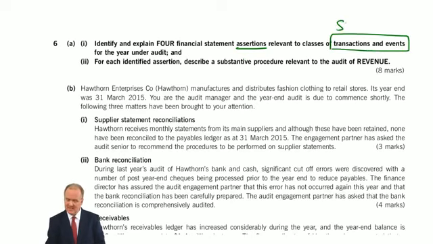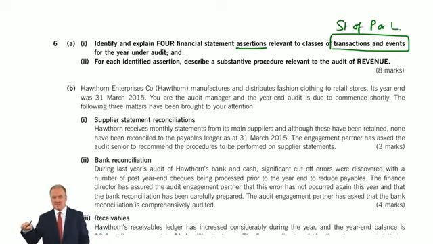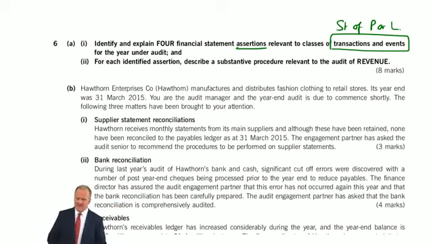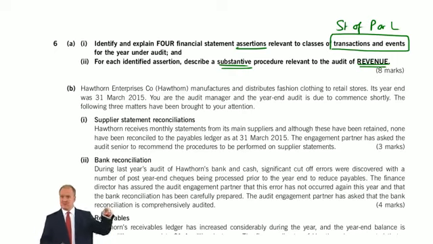Well, that's the statement of profit or loss. If it had said balances, well, that's assets, liabilities, that's statement of financial position. And for each assertion, describe a substantive procedure for the audit of revenue. And revenue, of course, is on the statement of profit or loss, which helps to prove what I've said must be correct. We need assertions for profit or loss,